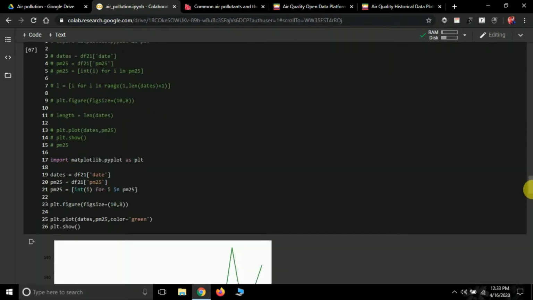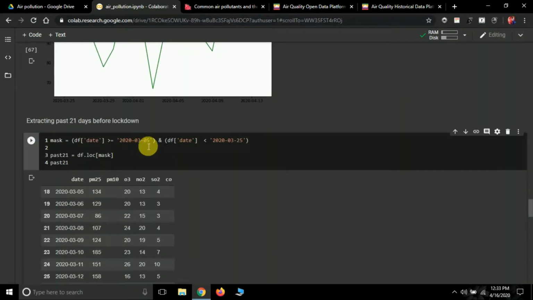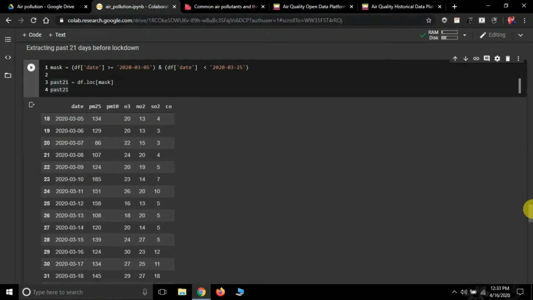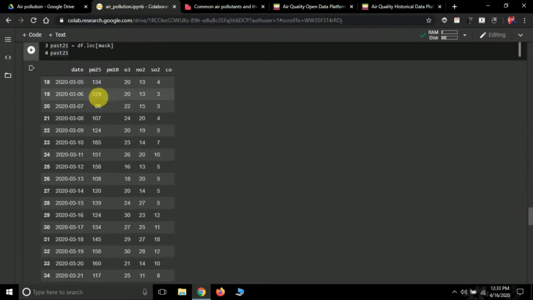We are doing the same thing again to extract the rows between these two dates. Okay, past 21, and let's just run it, and it will give all the rows between these dates. So see here, we are getting the rows from 5 March to 24th March.